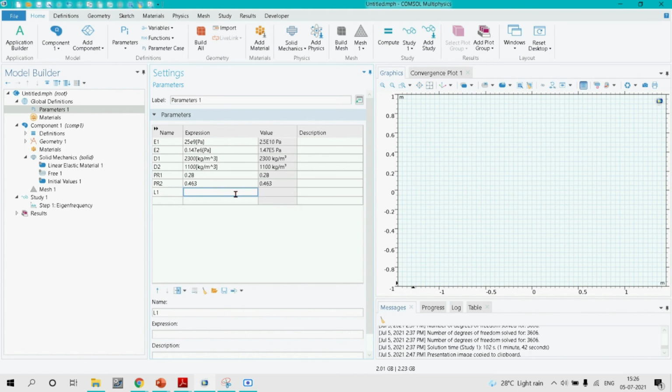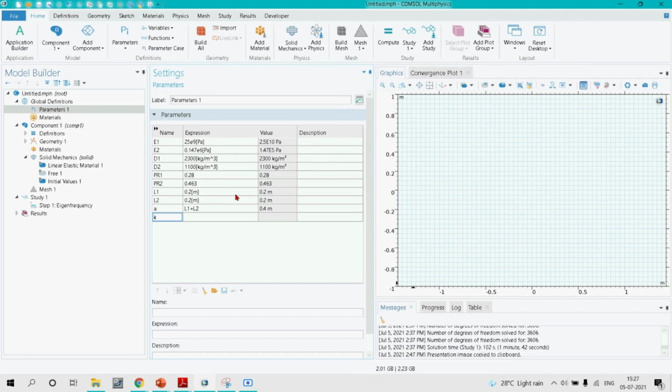Further, the height of the layer for concrete will be 0.2 meter, and for concrete and rubber both it will be the same, 0.2 meter. And the overall height of the unit cell, obviously, will be L1 plus L2. Now let's define a parameter k. This k parameter is for finding the frequency band gaps in the irreducible Brillouin zone. So to do this, we will have to carry out a parametric study, and that parametric study will be carried out between minus pi by a to plus pi by a.